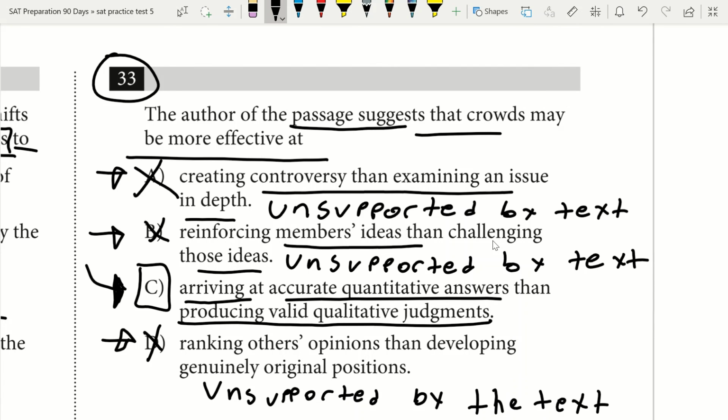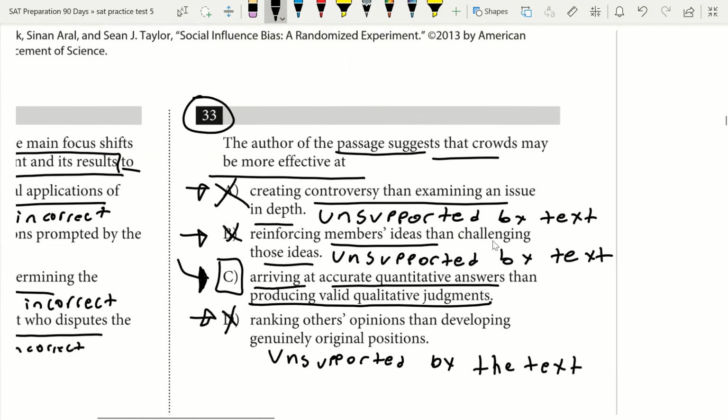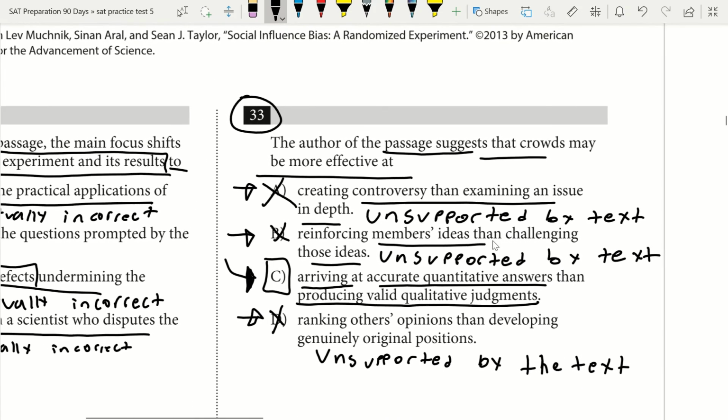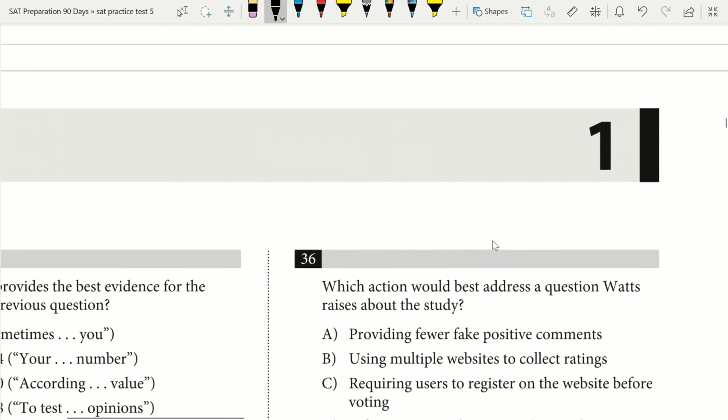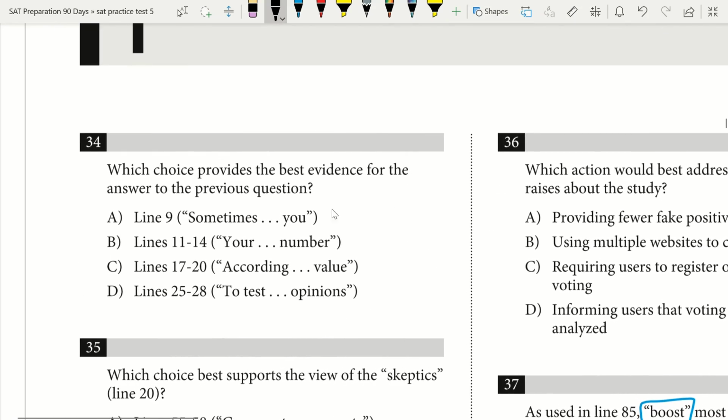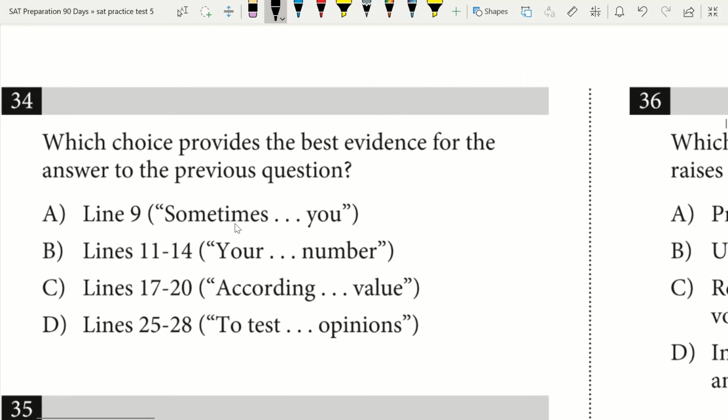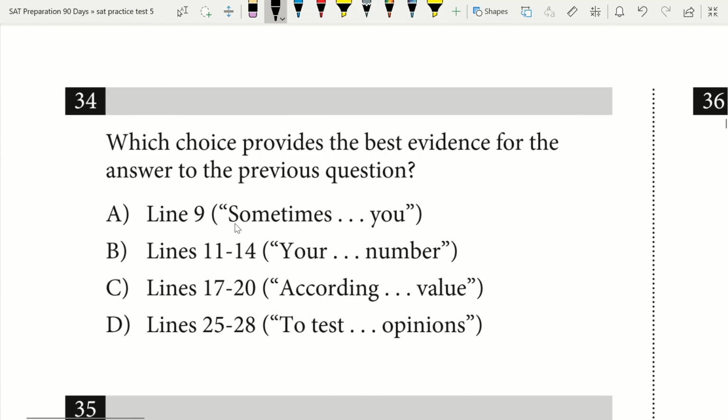Once you get your answer C, you have arriving at accurate quantitative answers rather than producing valid qualitative judgments. So now here's where the big tips come in, and that's with these evidence questions. The first thing you want to think is, where's my evidence for that previous question? For the question that you answered previously, you should already have evidence in mind, because